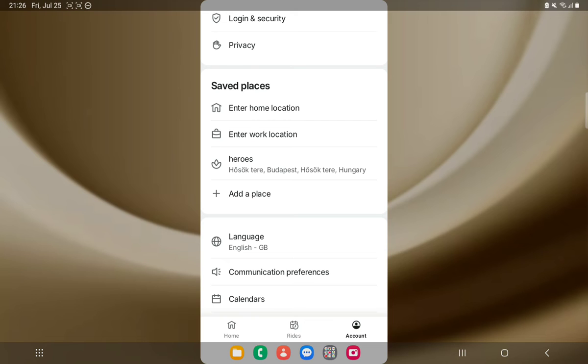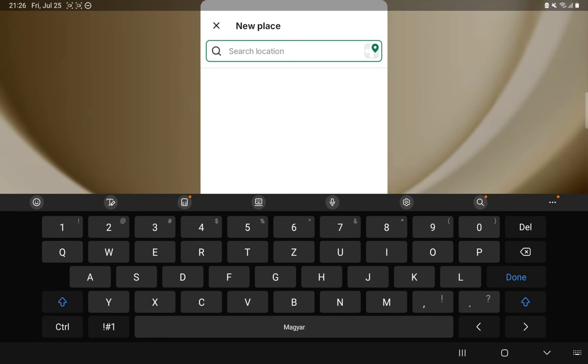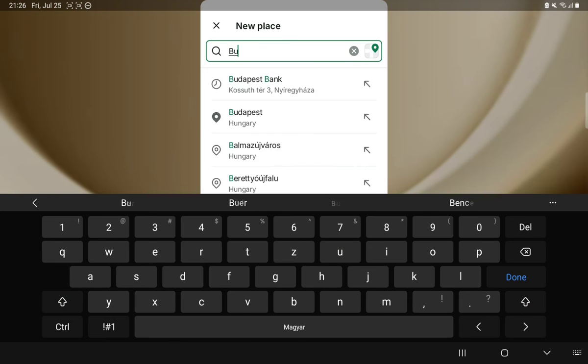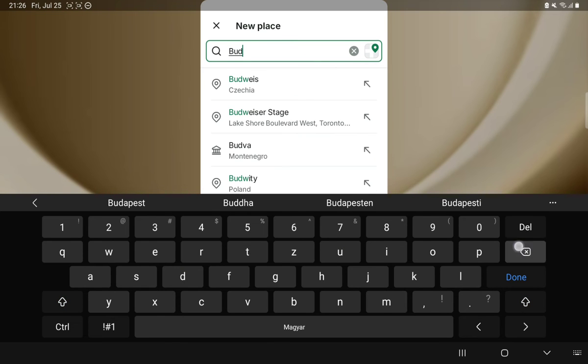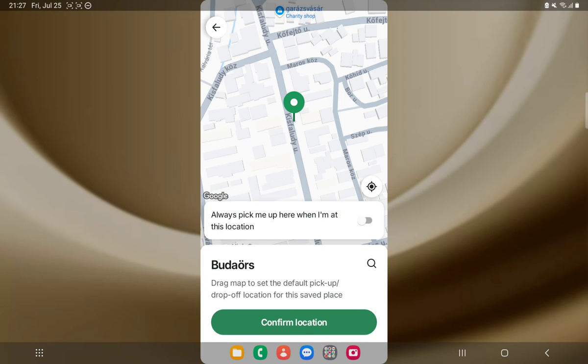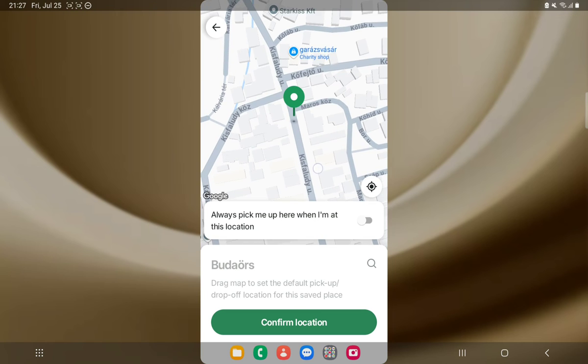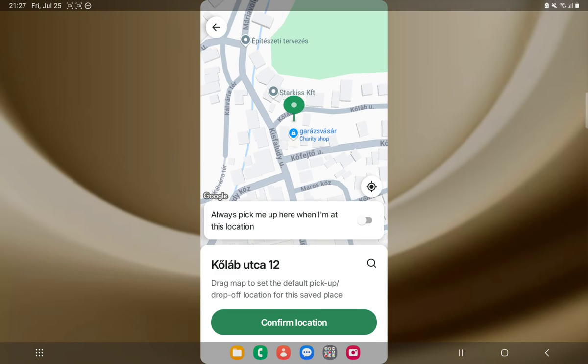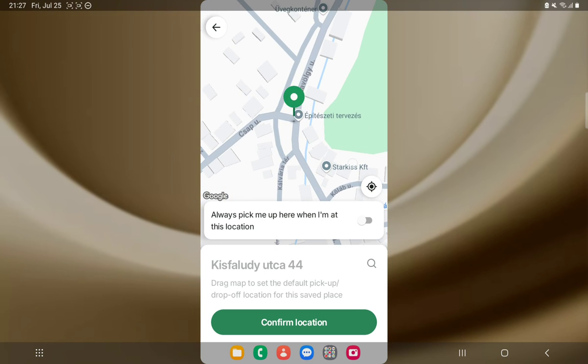Tap on the Add the Place button and now search the location you would like to add. Select it and you can even use the map to adjust the place. And if you are satisfied, click on Confirm Location,